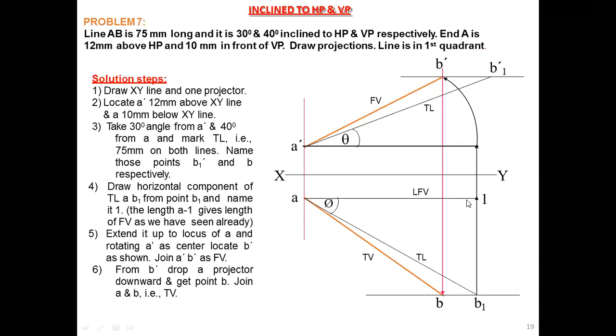See here: locus of A, locus of B, locus of A dash, locus of B dash. B dash, B1 dash, anything right? No issue? Yes, sir. Okay. So you got these points: A, B1, A dash, B1 dash. Now what you need to do? You got the true length. You need to find the apparent length on the opposite side. Means what is the next step? What I said in the previous slide, true length should be